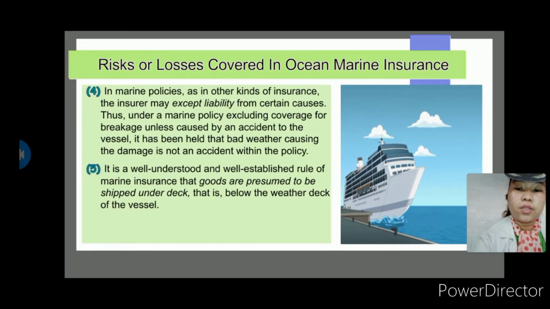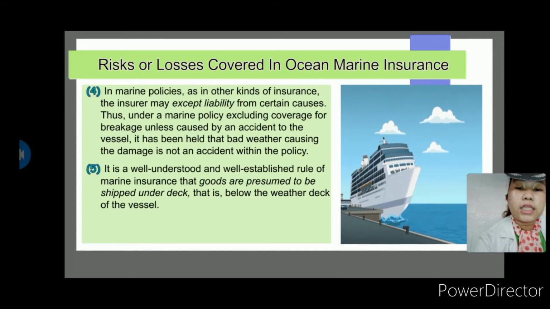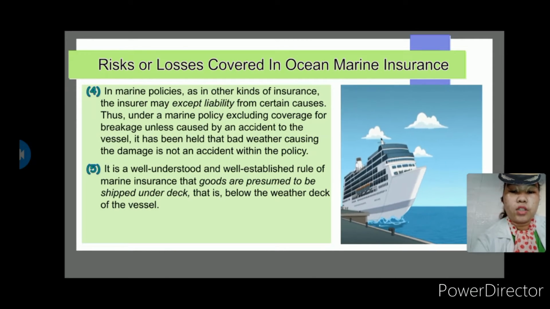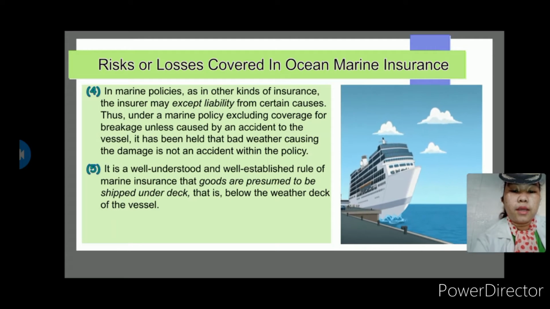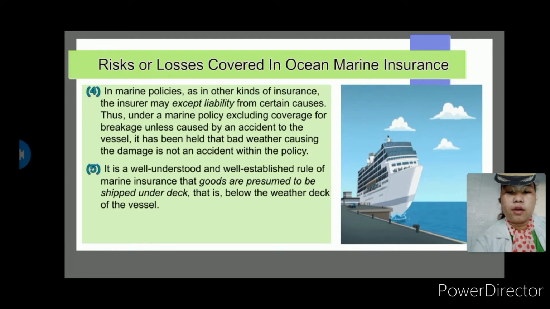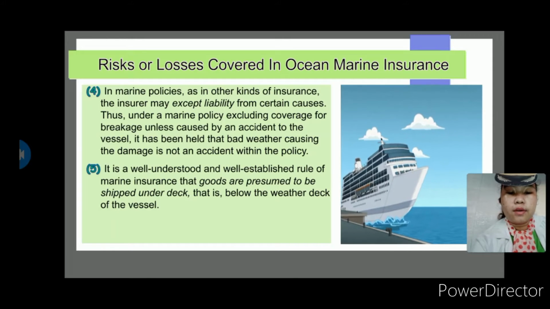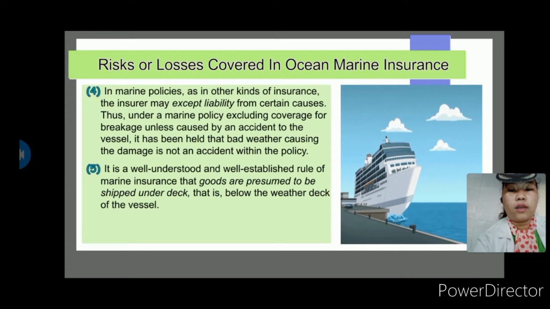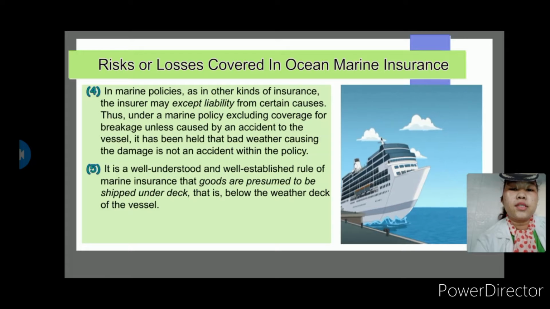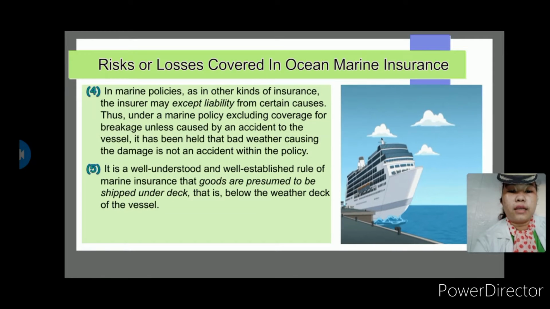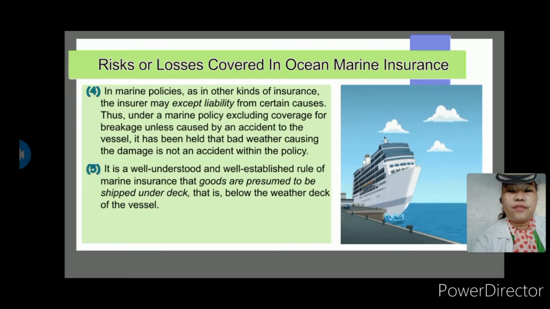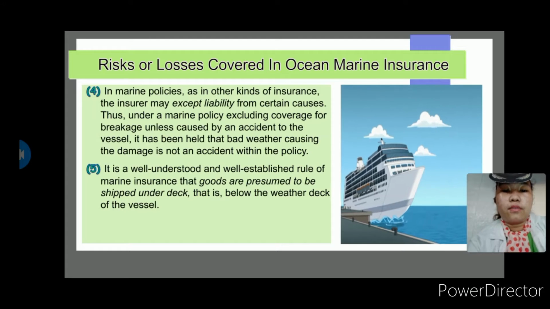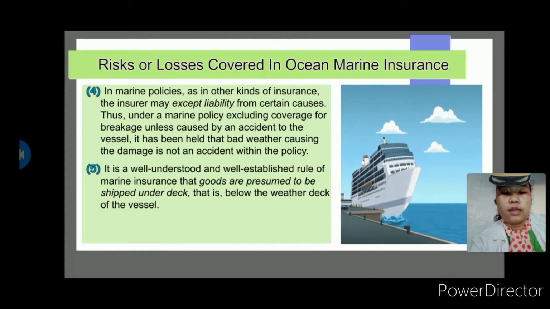The reason for this presumption is that the deck of a vessel is not designed to carry goods. Its primary function is to make the holds watertight and to protect the cargo laden in the holds. Goods carried on deck are subject to weather damage, sea damage, and the hazard of being washed overboard. So ship owners have no legal right to load goods on deck, and if they do, such goods are at the ship owner's risk unless he had obtained the consent of the cargo owner to such storage.